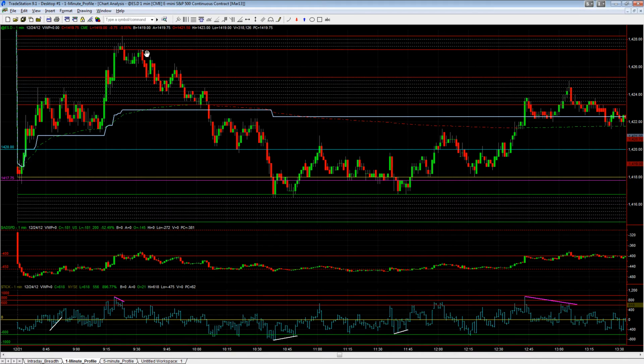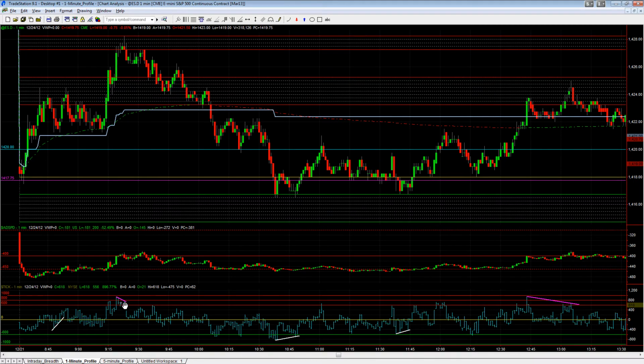We come back up for a retest, and again, we can see that the NYSE tick is now showing us that there's lacking momentum on this retest, right? There's less momentum than on the first push up. That also supports the short side, shows us that there's a shift from the upside momentum that we saw earlier, and now it's moving towards the downside.